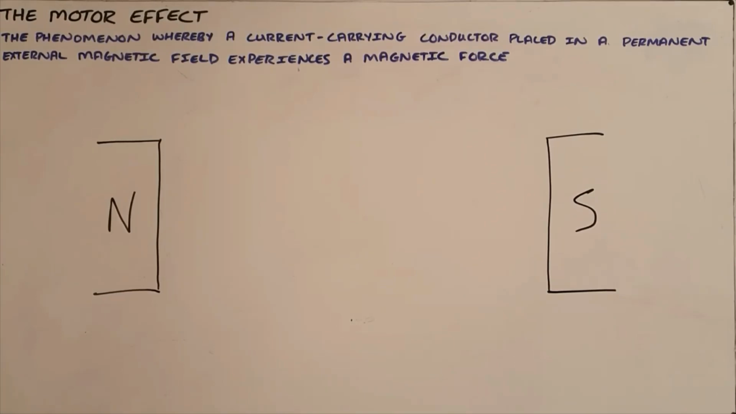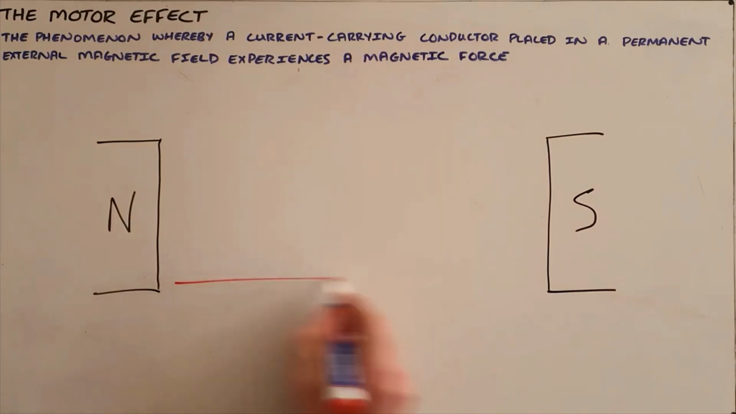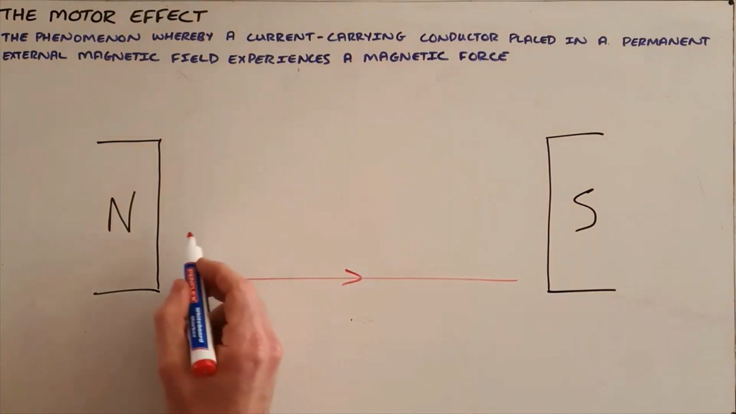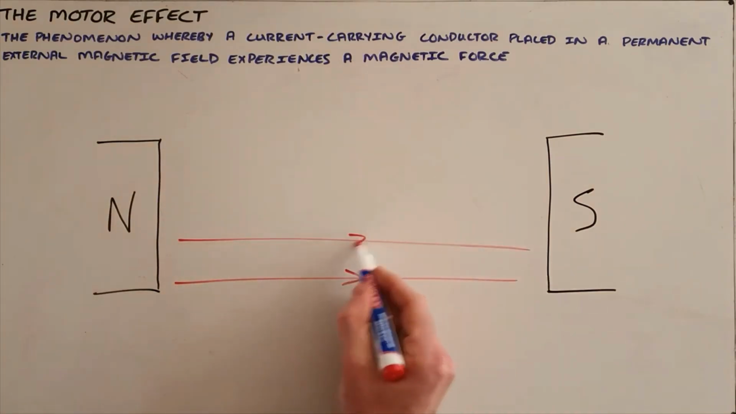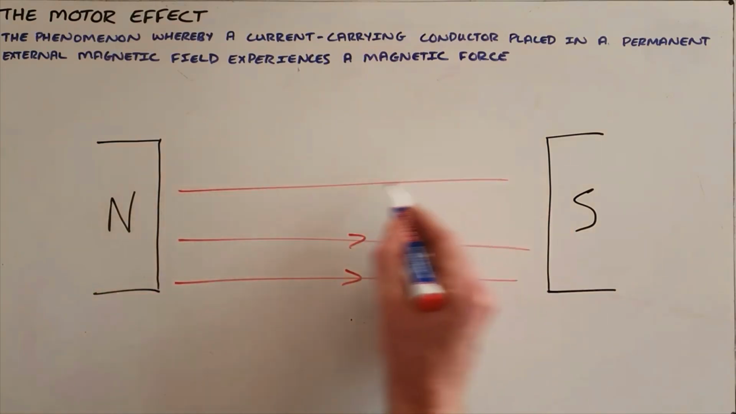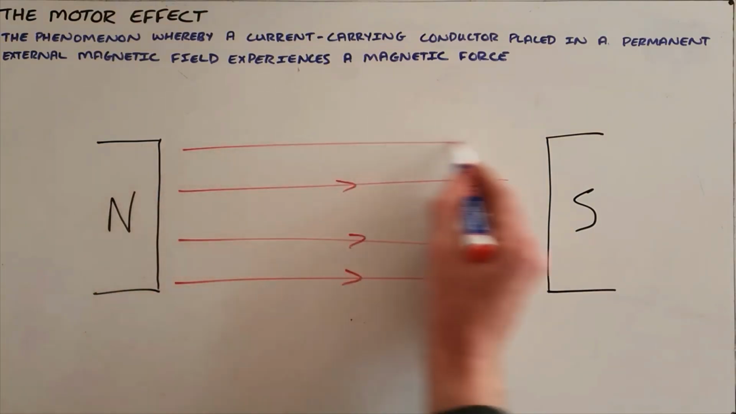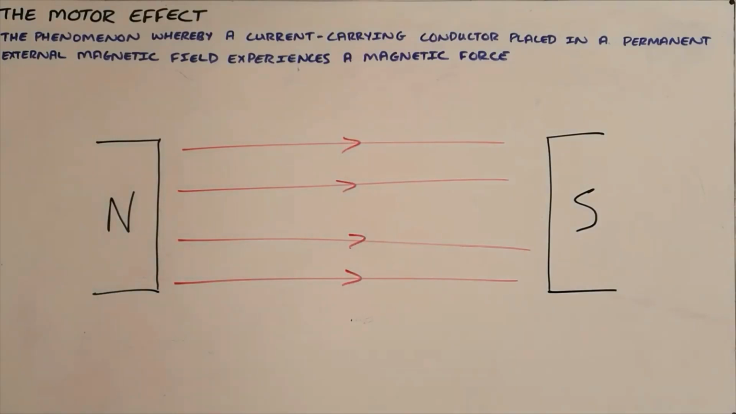The motor effect is the phenomenon whereby a current carrying conductor placed in a permanent external magnetic field experiences a magnetic force. And we know that a magnetic field, or the magnetic field lines, are always directed from north to south. And so we can draw those in, and we can illustrate the motor effect by showing that a current